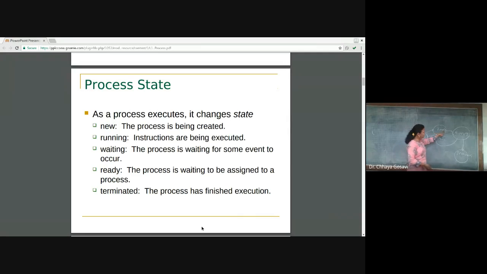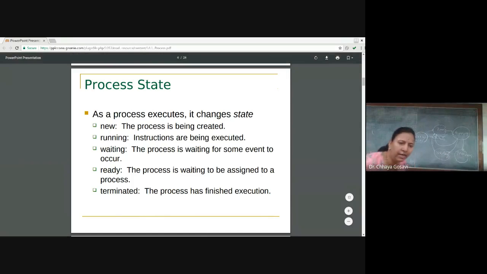So a process can come back to the ready state or can go to wait state, and then again back to ready state, and then it will continue execution and terminate.